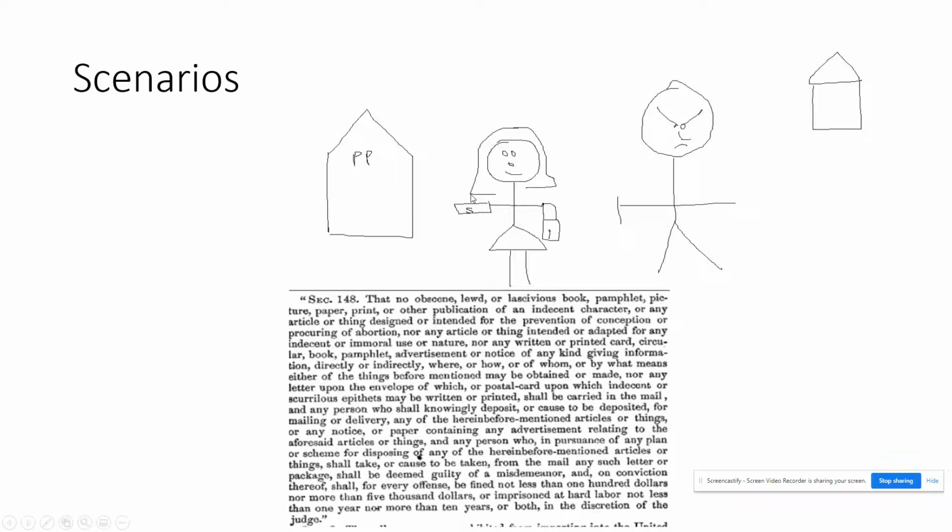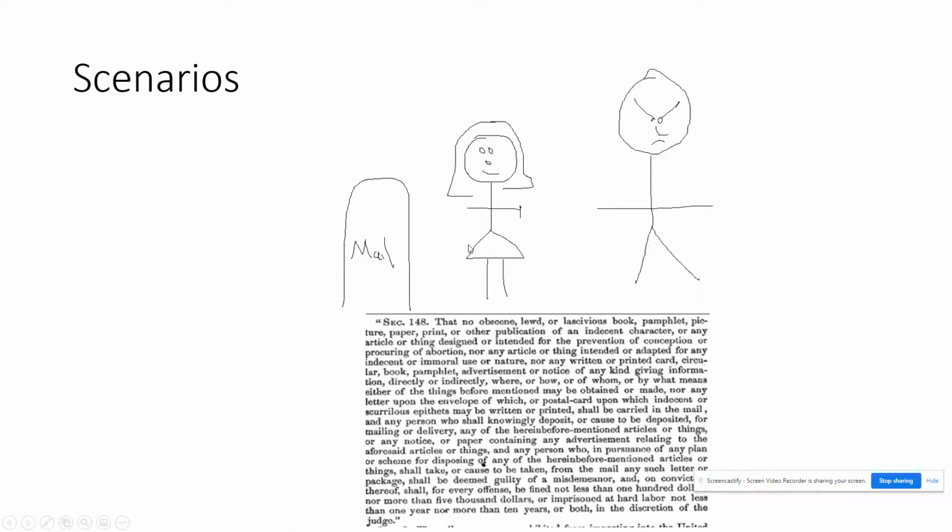In this situation, she has the card that is saying, advising her to consume the 5 peanut butter onion sandwiches. She also has the Grafenberg ring, and once again, here comes Mr. Comstock. Where are you going with that card? I know that card is designed to tell people. Where do you think you're going? You're going to pass that along to people? Just because you have something that is a pamphlet, that would count as a pamphlet. It is educating people, and it has the intent, and once again, the outcome is prevention of conception.